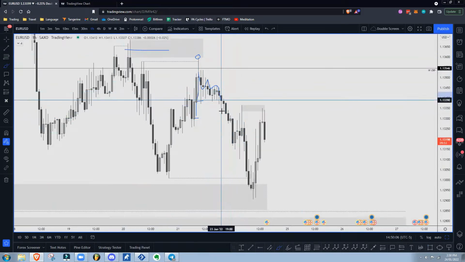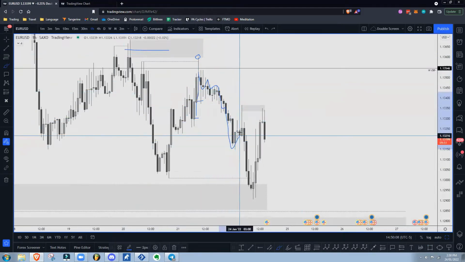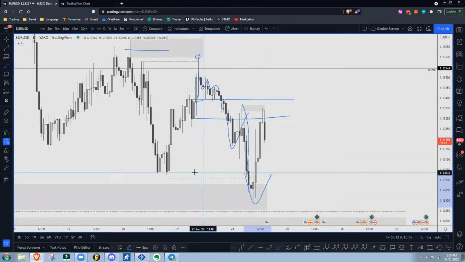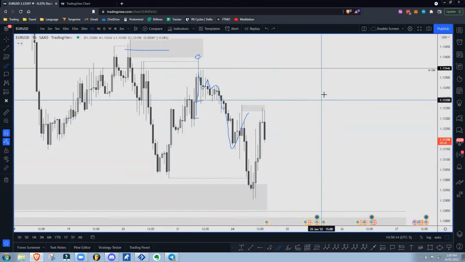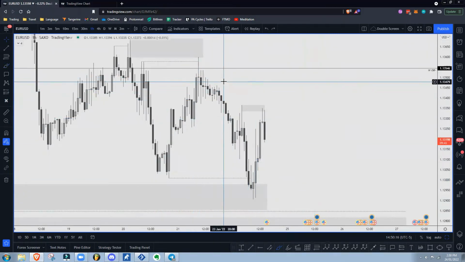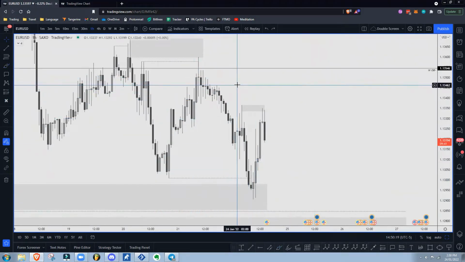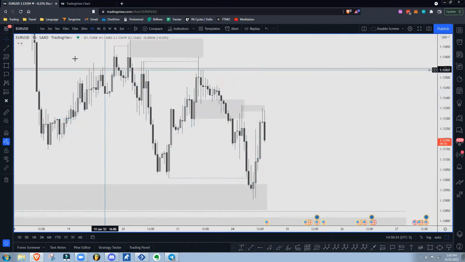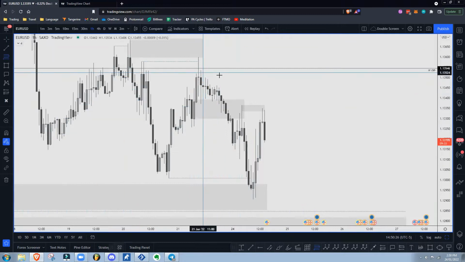What ends up happening was we break through it. We retrace it back into this breaker block now for more downside to target these lows. Okay. So the first thing that if I were trading in London, and it would have been right here, what I would be anticipating is at least a move back up into here, right? At least a move back up into the breaker.